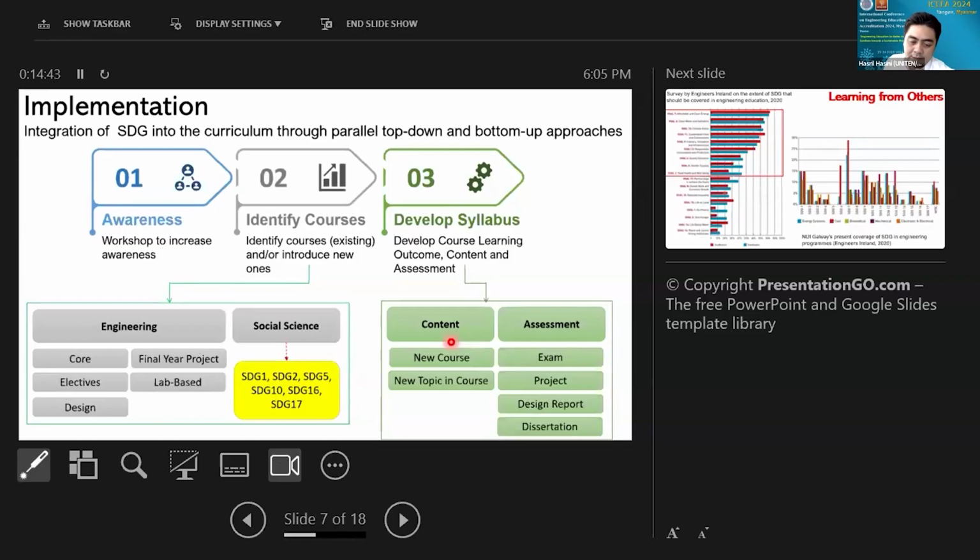I think even though it looks fairly straightforward, in order for us to make sure that these are actually being integrated into the curriculum, and students gain the maximum benefit of it, it has to be done by design. Okay? It cannot be done coincidentally. The program owner has to design it properly, in order for the dissemination of knowledge to be smooth to the students.